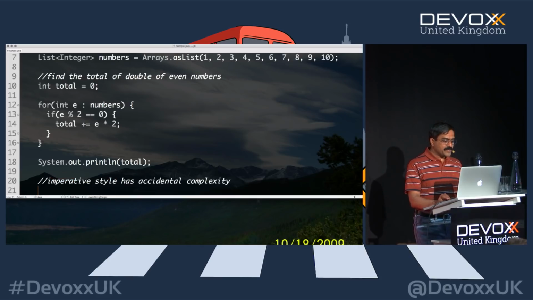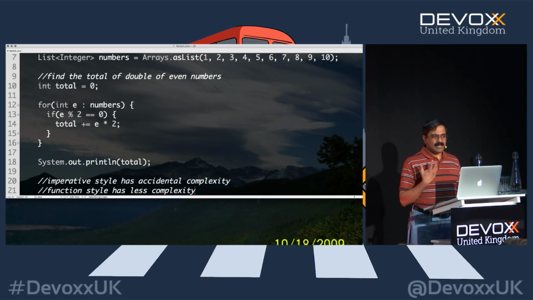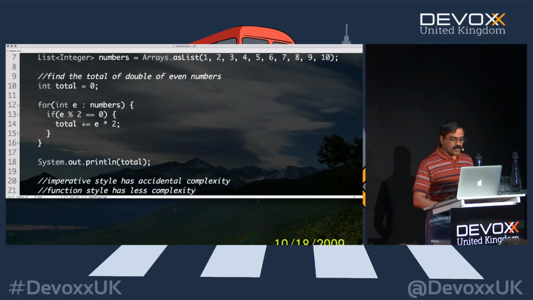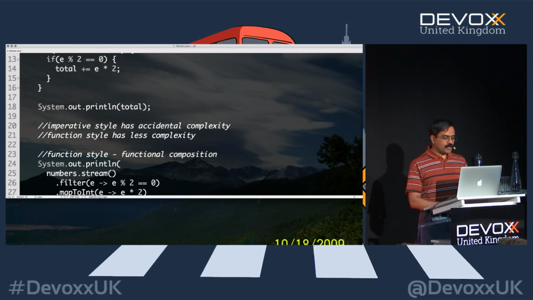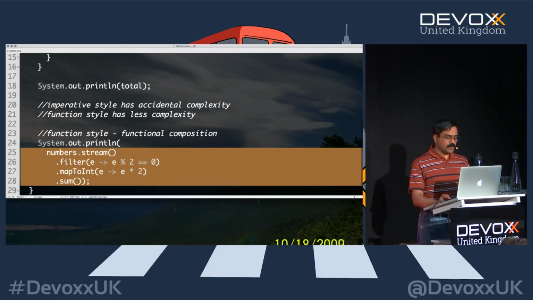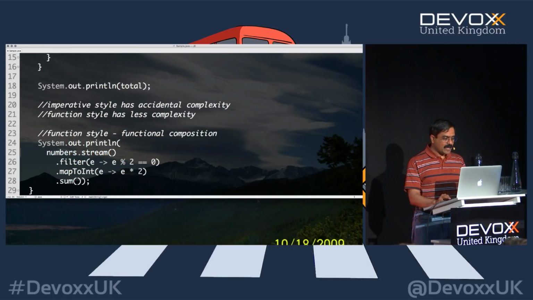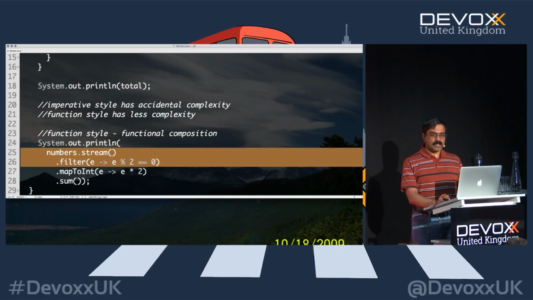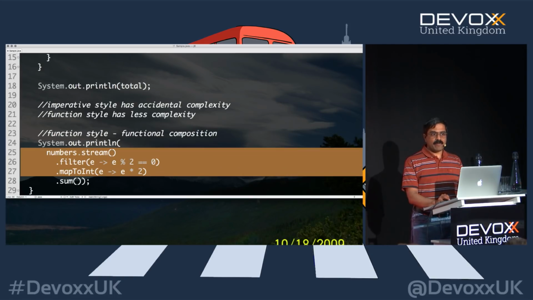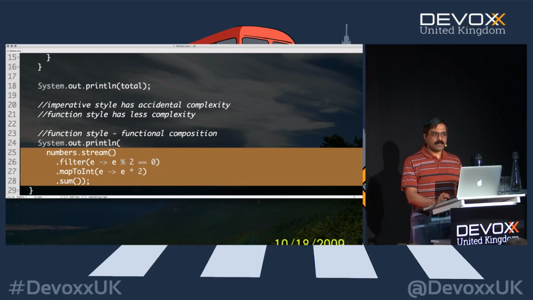Once I realized it, I then realized that functional style has less complexity overall, and that is one of the biggest benefits we get out of this. And if you look at the code here, this becomes really easy to follow, and we can go through a single pass through this. Given a collection of numbers, give me only the even numbers, but double the values that are even, and total them, and the code begins to read like the problem statement. That is one of the biggest benefits.